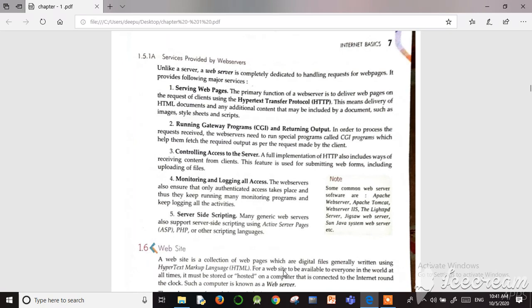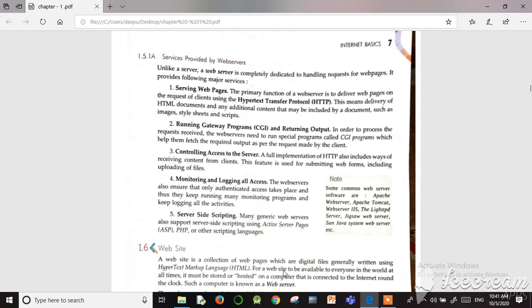The fourth one is monitoring and logging all the access. The web server also ensures that only authenticated access takes place, and so it keeps many monitoring programs running and keeps logging all the activities, which means our username and password. That is called authorization.